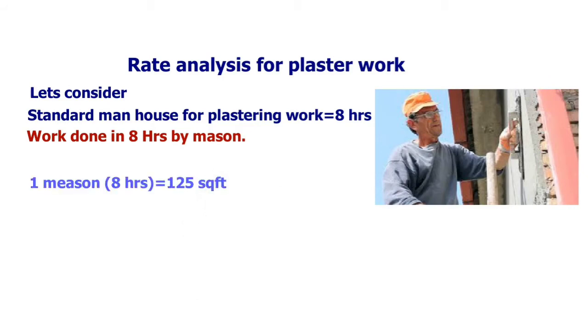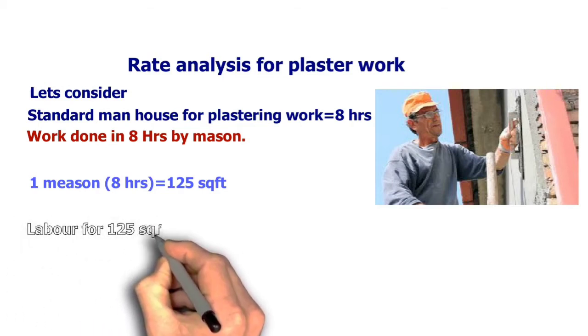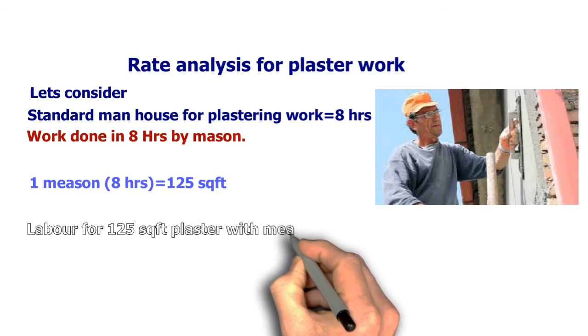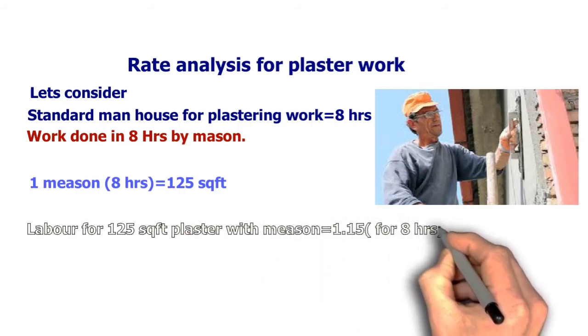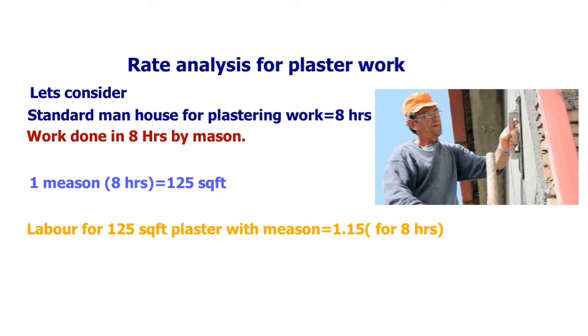So 125 square feet is the minimum standard work for 8 hours for a mason, and labor for 125 square feet is more than or equal to 1.15 for 8 hours. So these are the minimum basic standards for plastering,